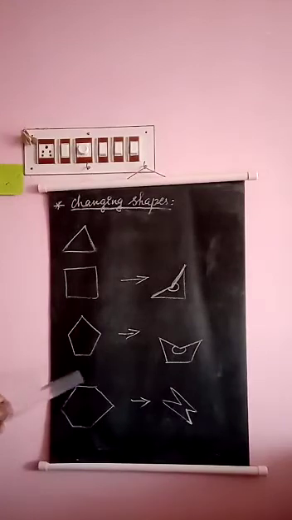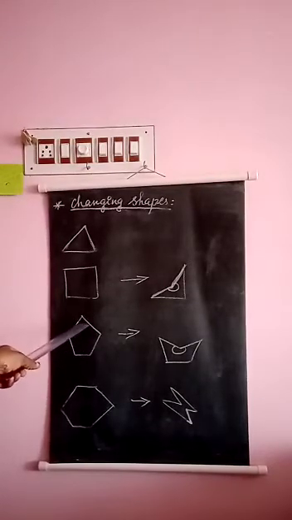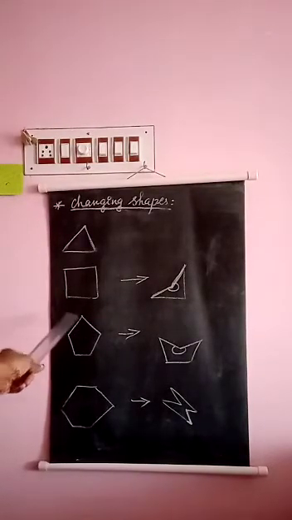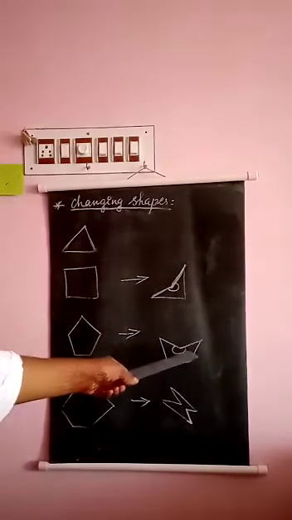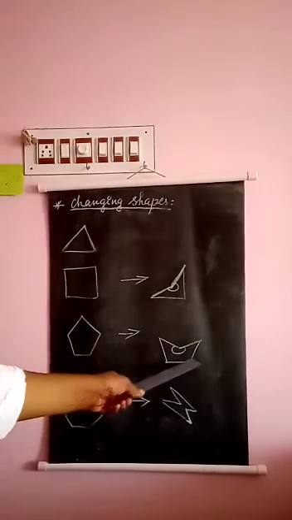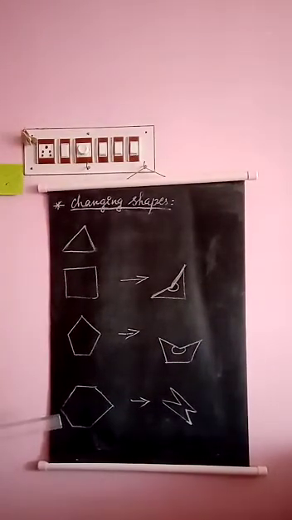Now look at the same for a pentagon. Here we have 5 sides and 5 angles. Now I give pressure to the top angle. So this is compressed down. Here it is an acute angle, and when it is compressed, both these sides become like this, and there is a reflex angle formed here.